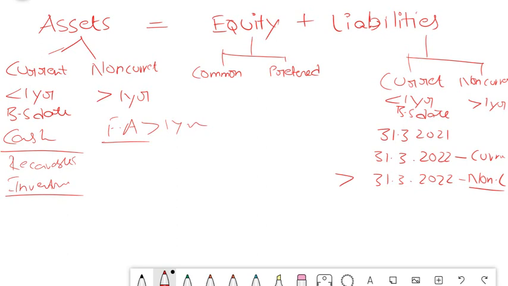Okay, and now we will see something called common or preferred. Common is nothing but your equity share capital, friends. This is the most common method of capital infusion in a company, and that's why it is called equity share capital. And it also includes your reserves and surpluses. Reserves and surpluses means whatever net profit that you earn, you transfer it to the balance sheet, isn't it? This is what I told you. So it becomes part of your equity only, because that net profit belongs to whom? It belongs to the owner of the company.